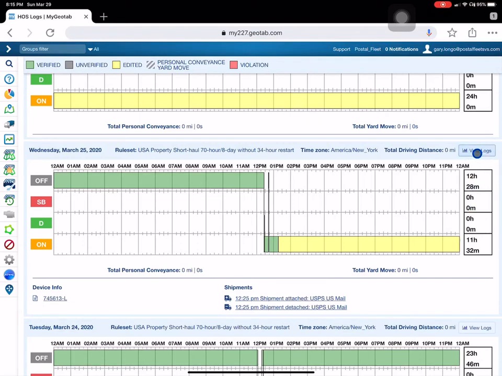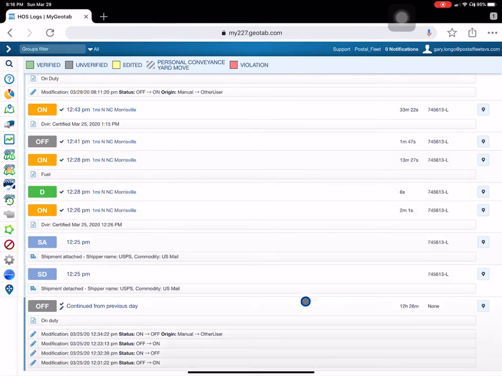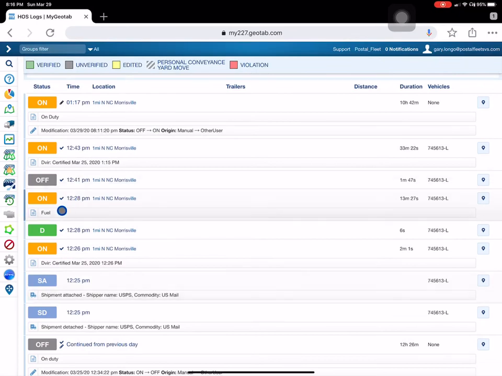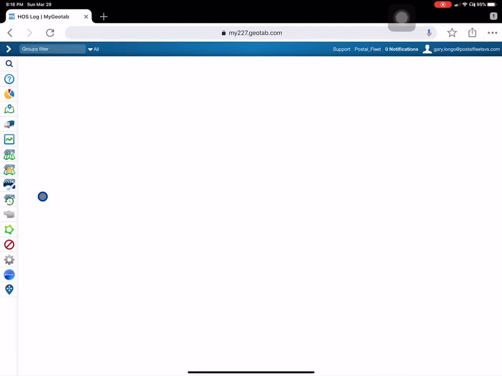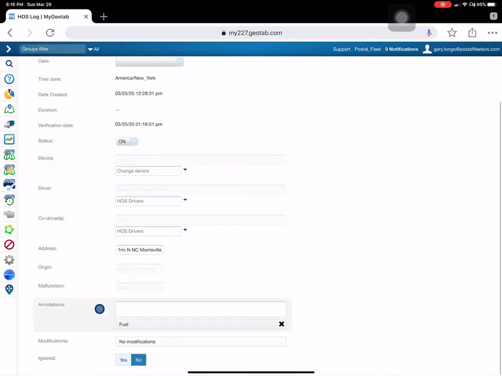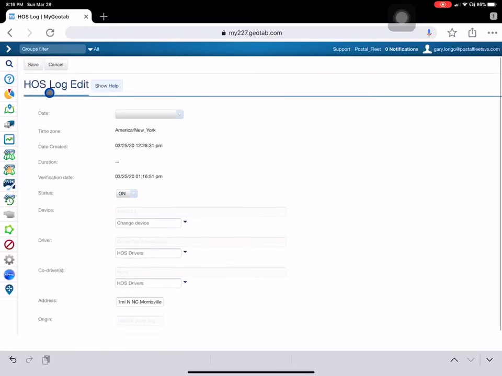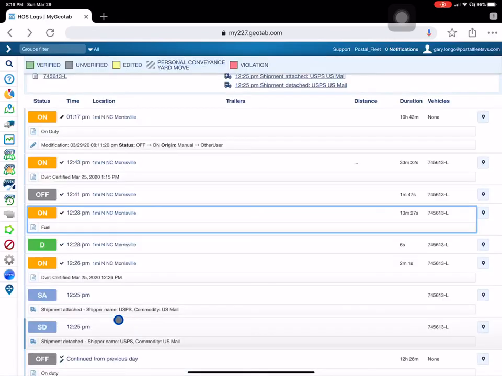this button where it says View Logs here, and then it's actually going to show you step by step what they did that day. So they logged in at this time, they drove, they put some fuel in the truck here, and in order to make that notation, what they did is they hit this button that says On Duty, and down here where it says Annotation, they can go ahead and type in whatever it is they need to type. So whether it was fuel, or if they had a DOT inspection, or if their truck broke down, you can make whatever notation necessary there, and then you hit save, and it'll put that remark on your log